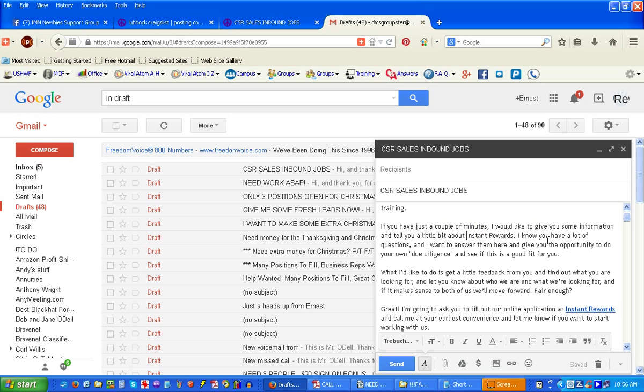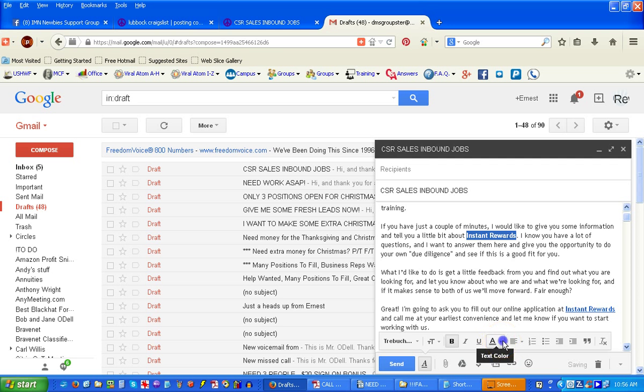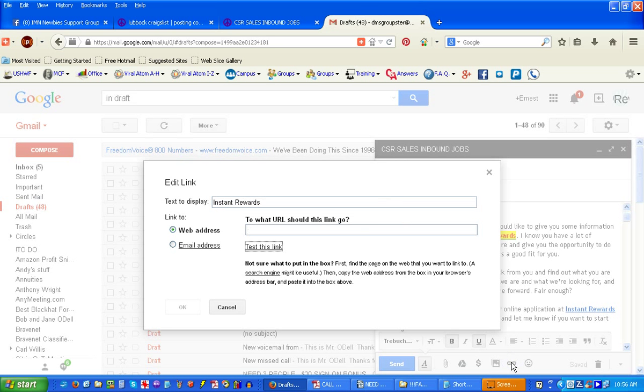If you want to put a link into your canned response, highlight the text. You can bold it for emphasis if you like. Go to the formatting options here, turn on the formatting options toolbar, and we're going to select text color red, and come back here and do a highlight yellow, and see now it's yellow and red text with yellow highlight. Now we're going to highlight that again, and come down here to the embed insert link, and we're going to put the link to our affiliate site right here,